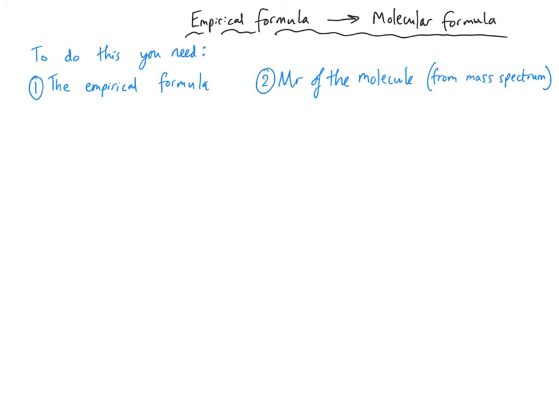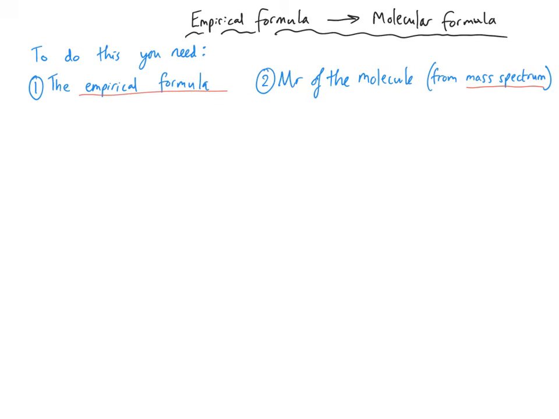And a final part to this skill, you might be required to convert an empirical formula into a molecular formula. Now to do this, there are two things that you need. You must have either been asked to work out the empirical formula or been given it in the question, and you must also have been given the relative formula mass, or the MR, of the molecule, or I guess you could also have been shown a mass spectrum and be asked to spot the molecular ion peak from it, which is the peak with the heaviest mass, which is the one on the right hand side,